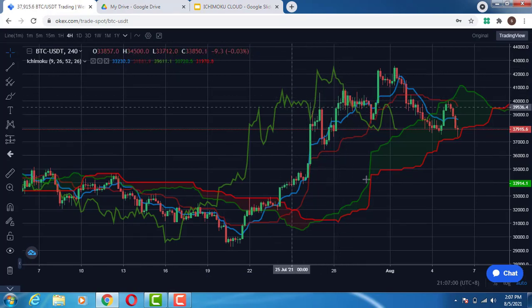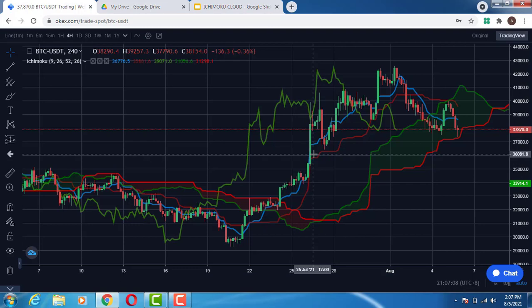That is the component of the Ichimoku Cloud indicator. So now the strategy is very simple, and I'm going to walk you through how to enter the market, how to place a stop loss, and how to also exit the market with profit. Remember, this strategy works 85% of the time and should only be used